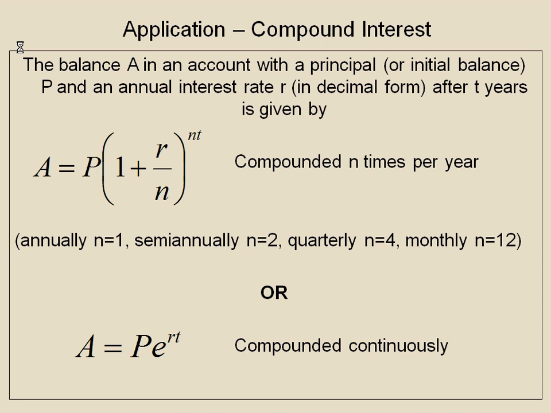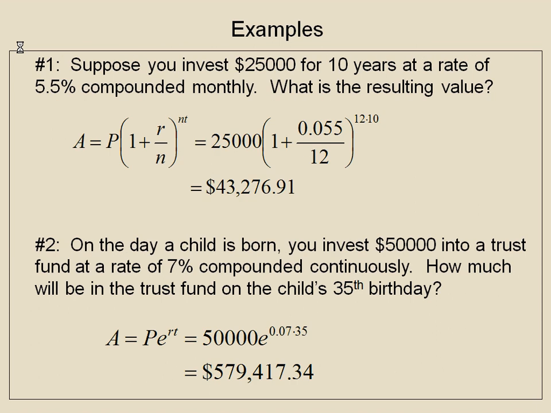the number of years. In some instances, we may see our investment compounded continuously, meaning that it's compounded at every instant that our money is sitting there. Well, that's going to change our formula since we don't have a value for N compounded continuously. In that case, we're going to use A equals P times E raised to the RT. A is still the ending balance, P is still the initial investment or initial balance, E is that special base E that we talked about earlier, R is the rate in decimal form, and T, of course, is still the